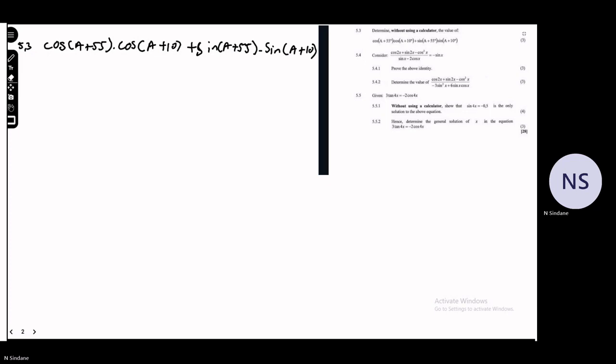I can clearly see that that represents a compound angle. Then how do I deal with that compound? Which compound is this? You can clearly see that this is a compound cos, right? So this will be, let me use a bigger bracket. I can see A plus 55. I can also see A plus 10, right? How do I deal with that? So this will be A plus 55, right? And then what is next? Next we will have